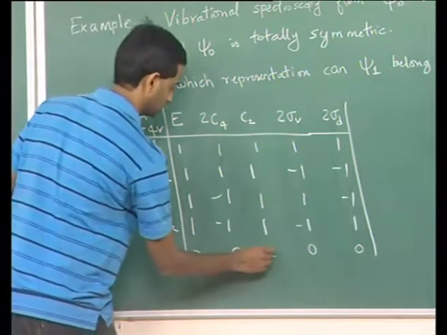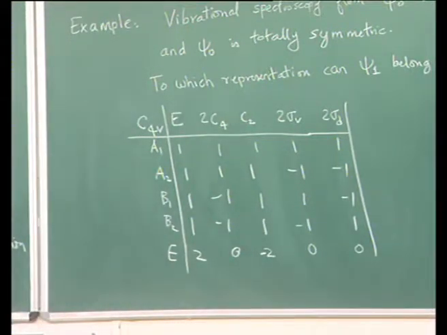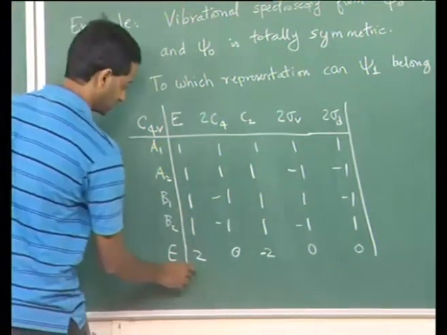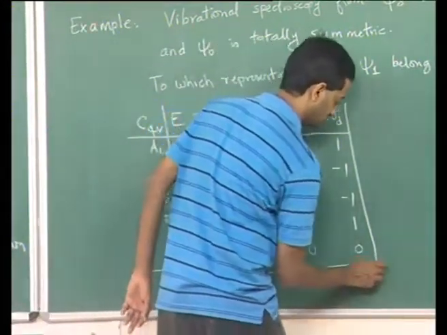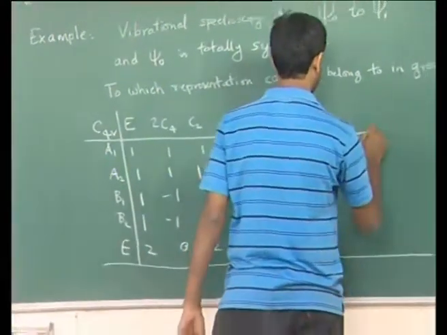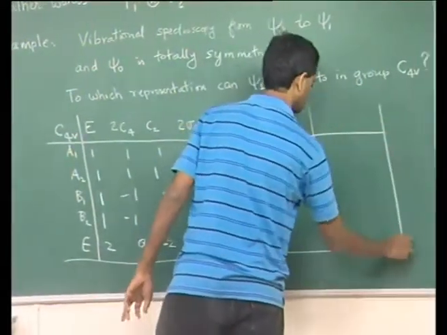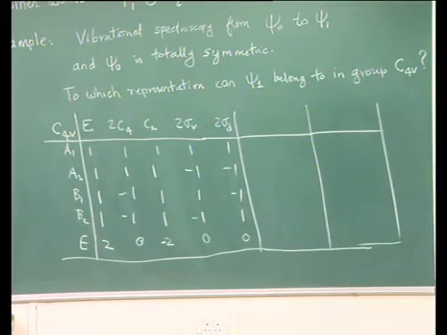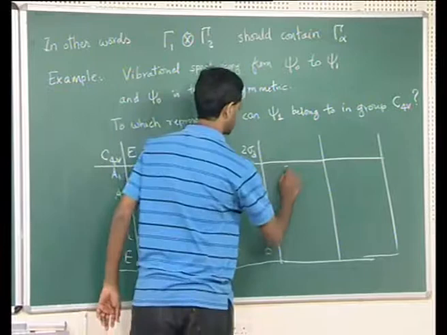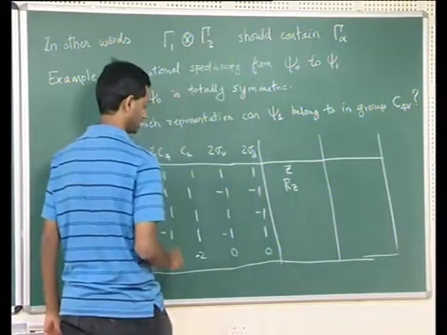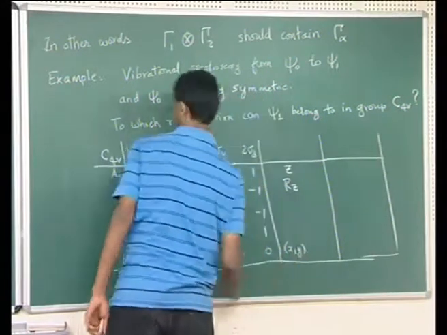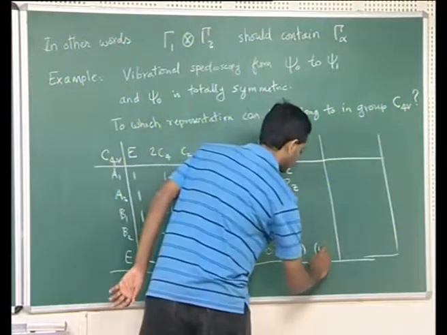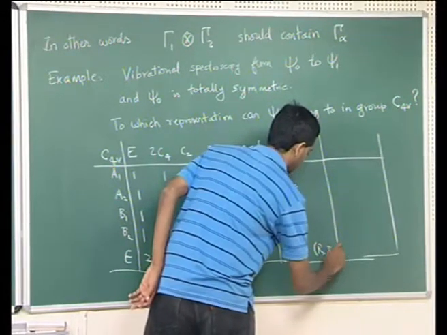2 0 minus 2 0 0 minus 2 0 0. Okay. So these are the characters of the various representations, and you can just start from this and you can quickly, immediately see that in this column, Z belongs to the totally symmetric representation, RZ belongs to A2, and XY or RX, RY belong to E. So X and Y together form a basis for this representation, as do Rx and Ry.